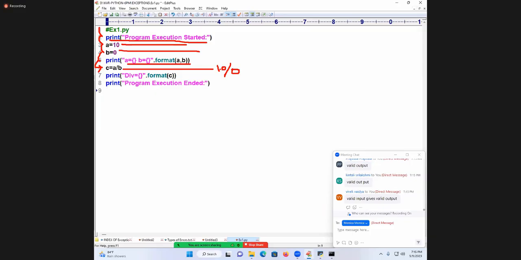In mathematics, it is infinity. So it is going to be called what error? Runtime error. What input basically is it? Invalid input. Invalid input gives you what error? Runtime error. Runtime error is known as what? Exception.